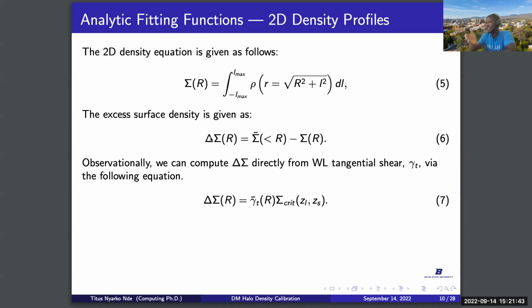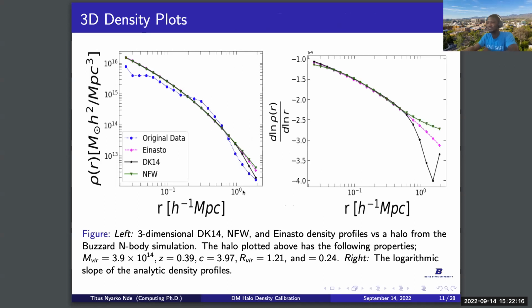However, it is easy to calibrate. We can easily calibrate it from galaxy weak lensing. Okay, so we can easily calibrate it from gravitational lensing using this equation, where this parameter is just basically the tangential shear, and then this is the critical surface density. Okay, so even though this parameter, this delta sigma, is difficult, like it's noisy, it is rather the easiest one to measure observationally. So it becomes really difficult to model the delta sigma as well.